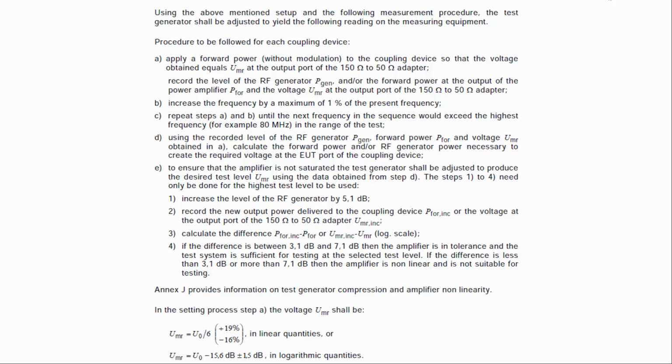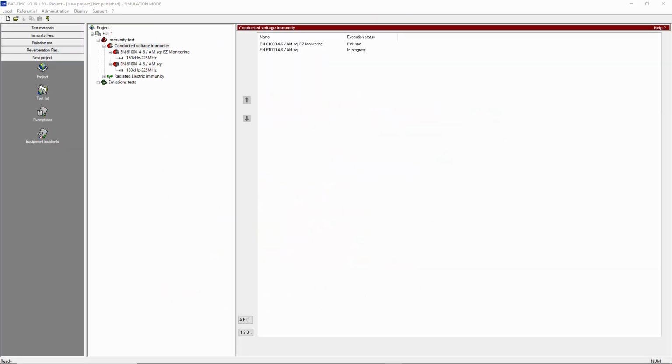As you can see in the extract from the standard, there is a requirement to increase the level of the RF generator by 5.1 dB. Then we will monitor the difference between 3.1 and 7.1, and if it is in tolerance, there will be no fault. If it is out of tolerance, then we will log a fault. To show how we accomplish this,